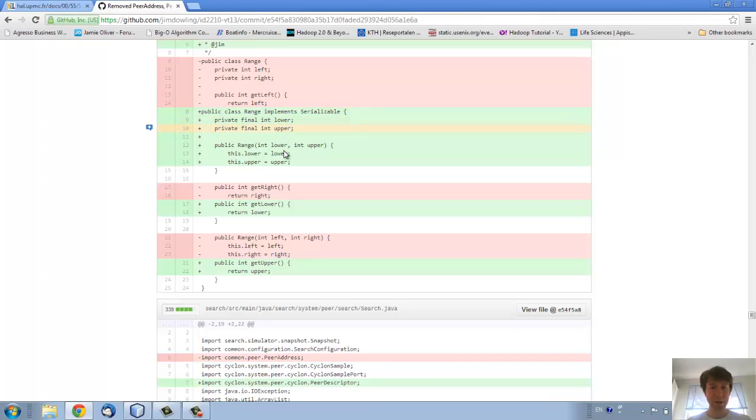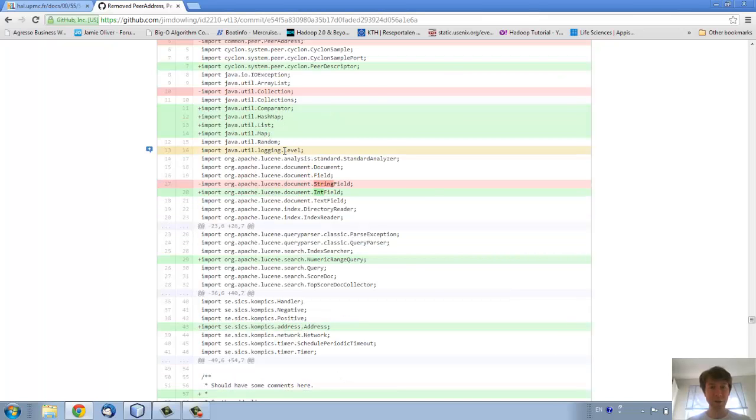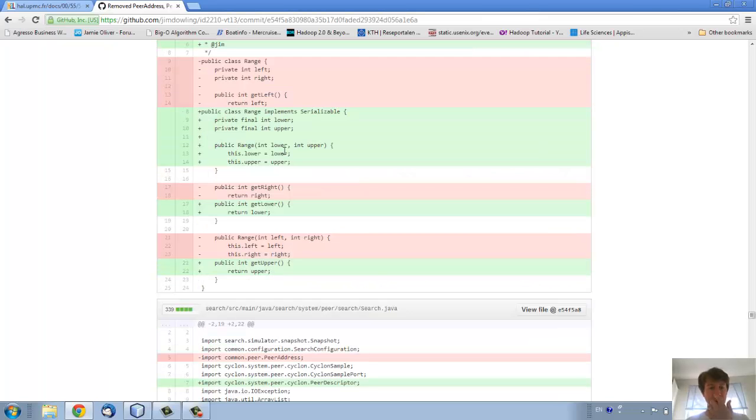And in the actual search component, this is where we have a lot of our changes. What we can see is